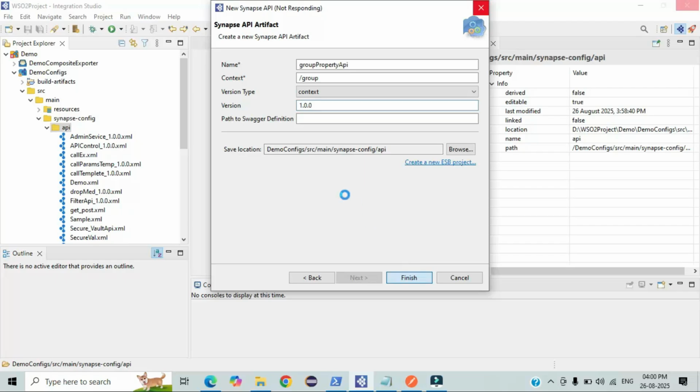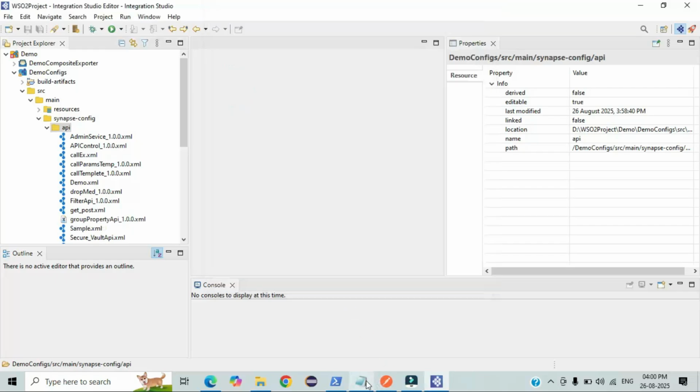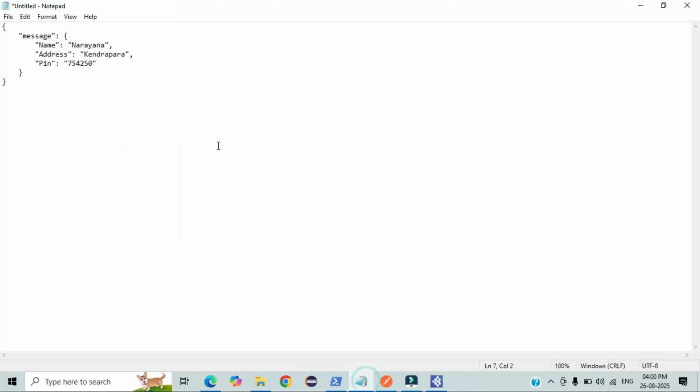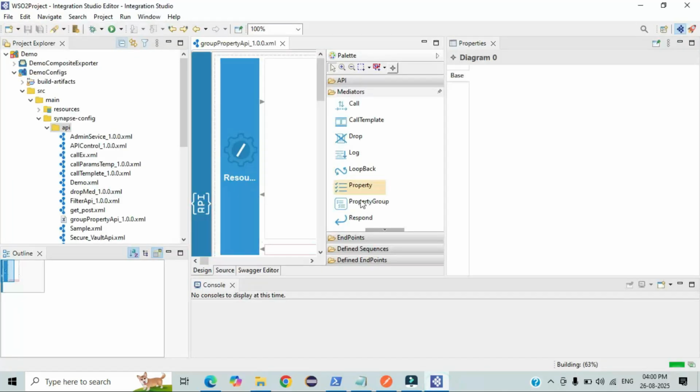Until it's creating one XML file, let me explain you the scenario what we are trying to achieve here. So this is our one sample request. We need to add one message. Inside message there are 3 fields I am using here: one for name, one for address, and one for pin. These 3 values will be passed as a request body, and dynamically we will fetch them through PropertyGroup Mediator,